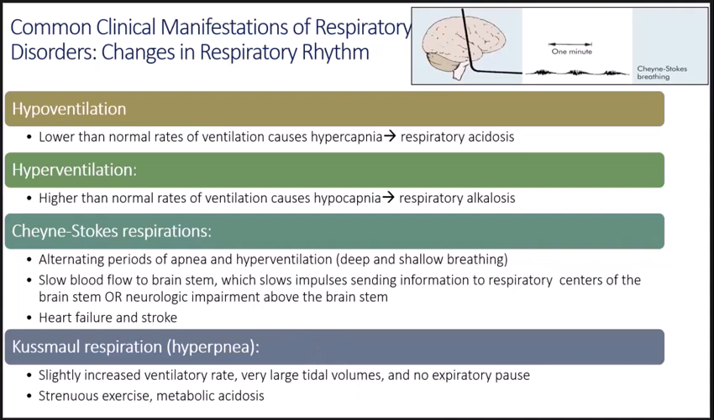Kussmaul respirations are really a deep, labored breathing. And although strenuous exercise can bring it on, so can metabolic acidosis. So if the kidneys are failing to properly regulate the acid-base balance, this can lead to acidosis. And what you'll see in these affected individuals is an increase in their ventilatory rate. They'll have very large tidal volumes. Tidal volume is the volume of air that's breathed in or out during respiration